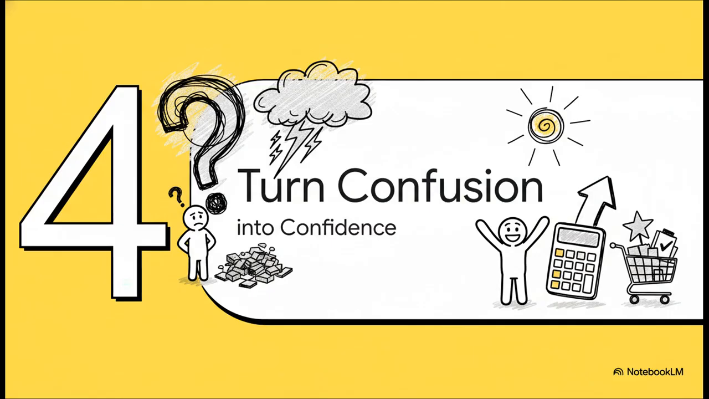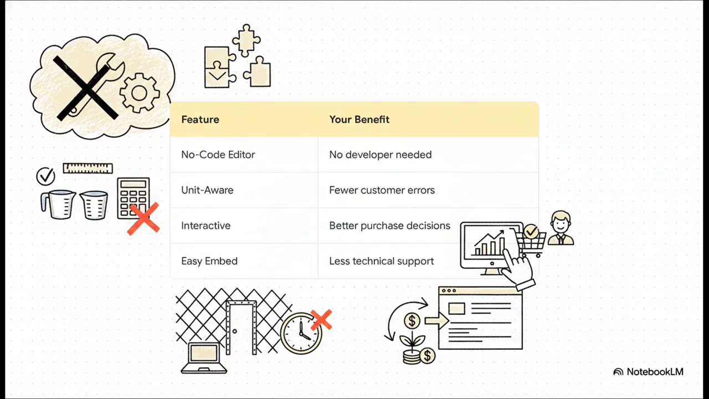So let's zoom out and bring this all together. The entire goal here, the whole point, is to take that moment of customer confusion and turn it into a powerful moment of buying confidence. And this table really sums it all up. The no-code editor? That means you don't need to hire a developer. That unit-aware feature we talked about? Fewer customer errors. Because it's interactive, your customers make better, more confident decisions. And the easy embed process means you're spending way less time on tech support and more time actually growing your